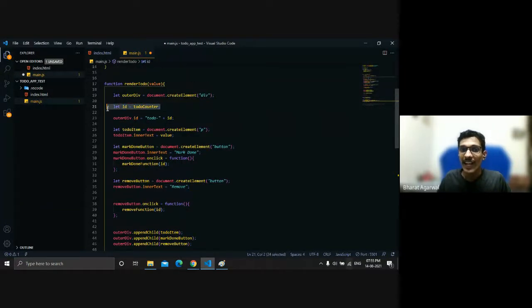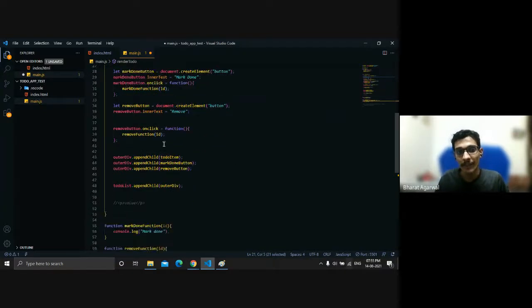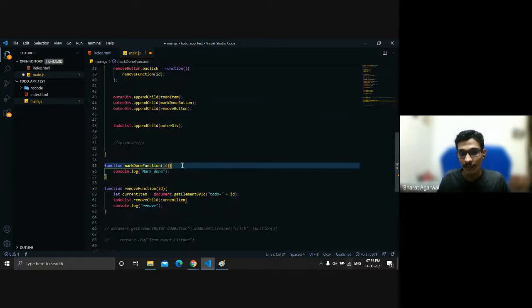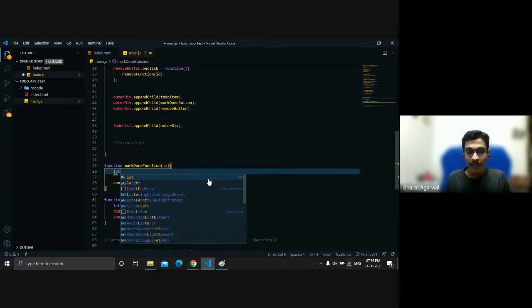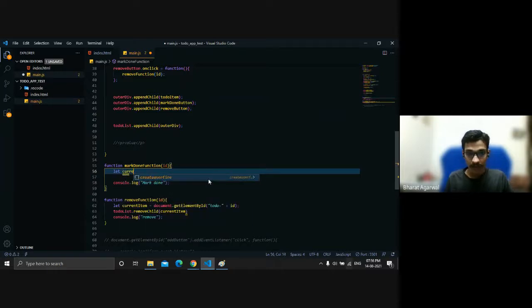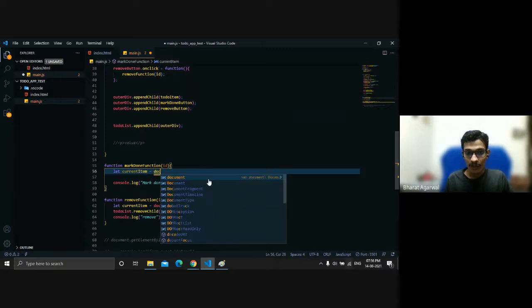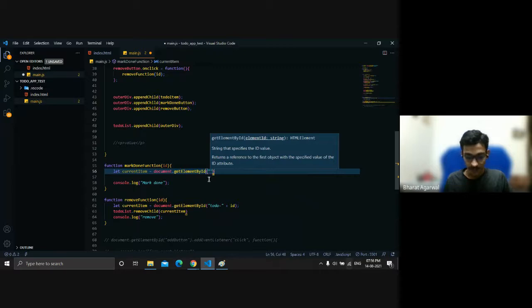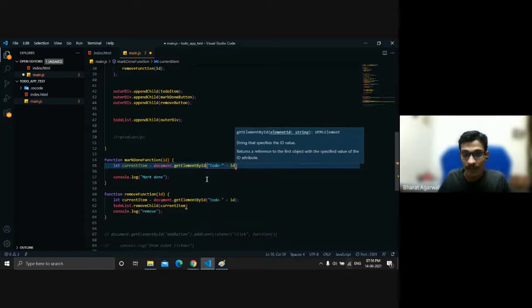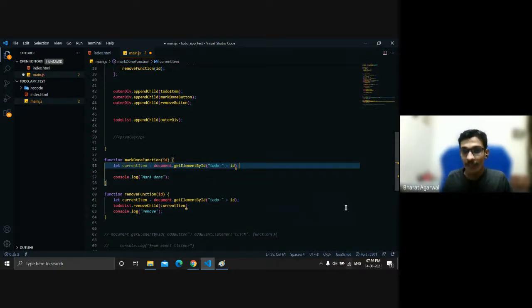This is nothing, just an ID to make it unique in every object node. So we'll do the same. Let currentItem equal document.getElementById. What ID? Since we have a prefix of todo hyphen plus ID. We got the reference to it.